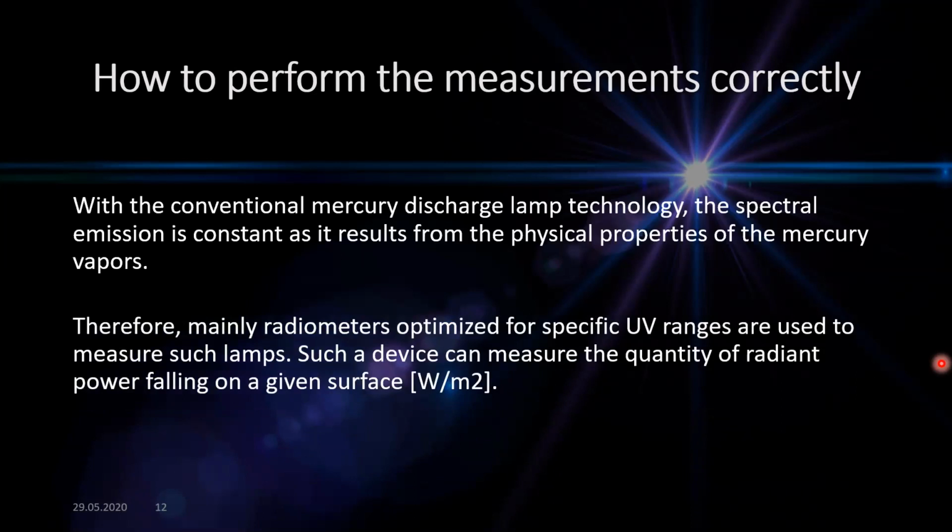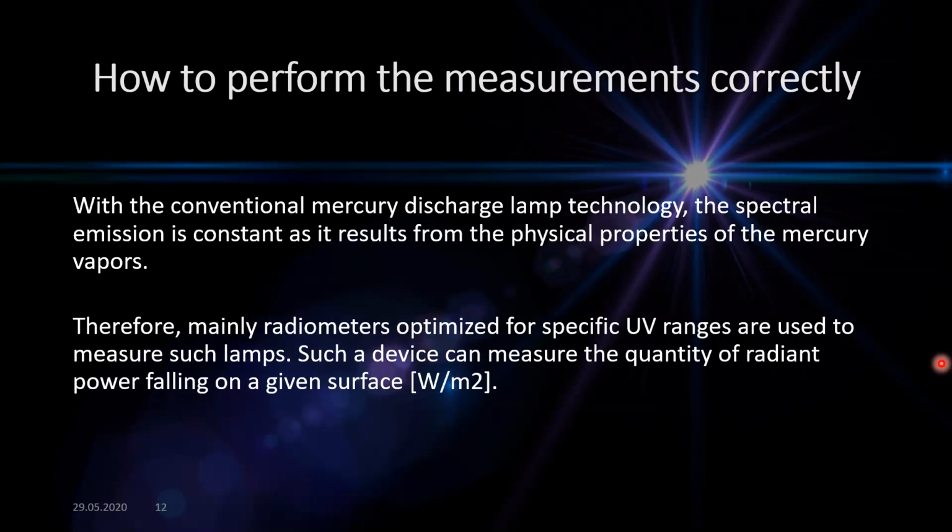So for this reason, for many years, simple radiometers were used and were usually optimized for UVC ranges. And this kind of device can measure irradiance, so it can give you information on the amount of energy appearing on the surface. But